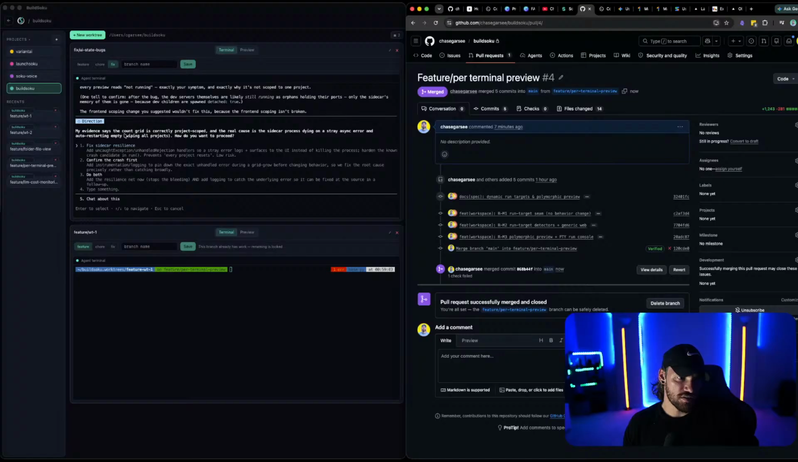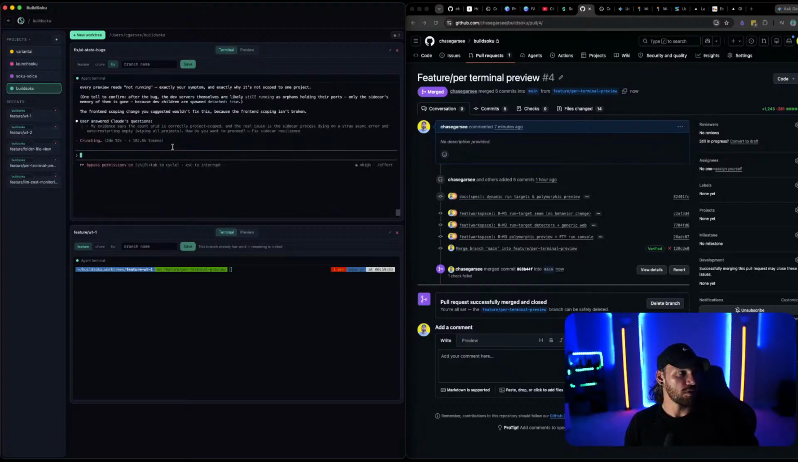My evidence says the count grid is correctly project scoped. The real cause is a sidecar process dying on a stray async error. Okay. I thought that was the error, but